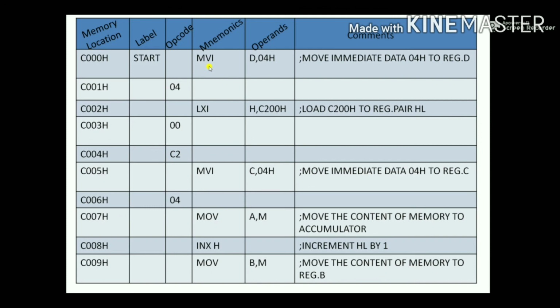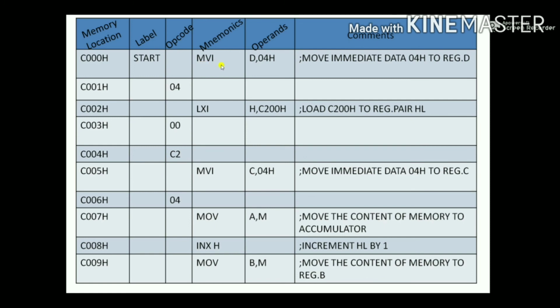Accordingly we have to give the memory locations for them. This column is for the opcode which will be provided to you. Right now we don't know the opcode, so some columns are blank. Then the mnemonics and operands, and the last column is the comment, in which we use a semicolon to start the comment.